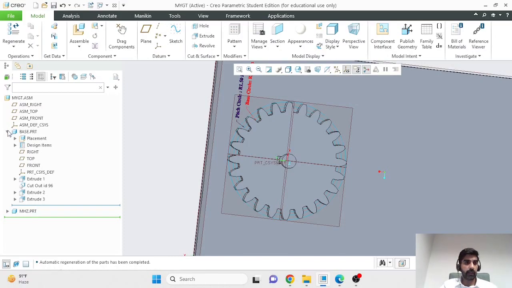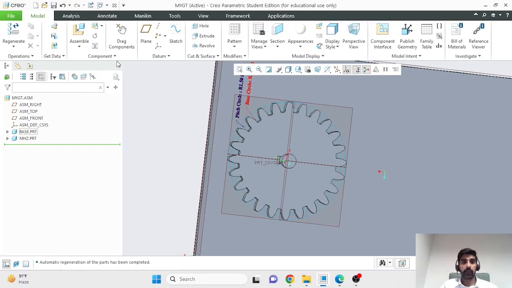So right now we have two parts. We have the back plate and the gear. I will now create a new part, which would be my key, but I'll create that from within Creo assembly. I won't go out, make a new part file, and then come back. The reason is that I want access to dimensions within my assembly and create parts accordingly. For that, I'll go to the model tab in Creo assembly and